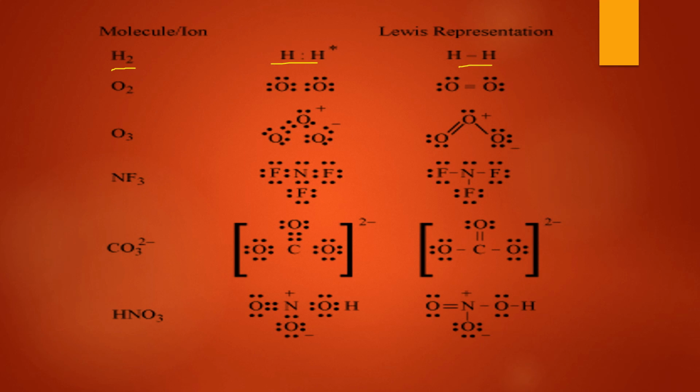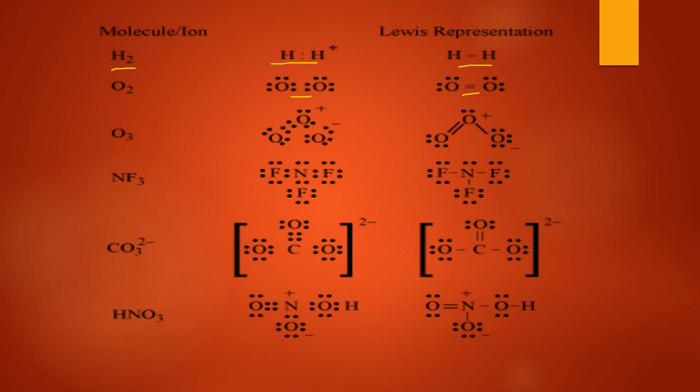In oxygen, 6 electrons are present in each oxygen. So two electron sharing takes place and a double bond is present, and the rest are two lone pairs of electrons on each oxygen. Actually, in the formation of a molecule, when we represent it in the form of a Lewis structure, it is more of practice rather than rules. So you practice it and you will get better in the structure formation.